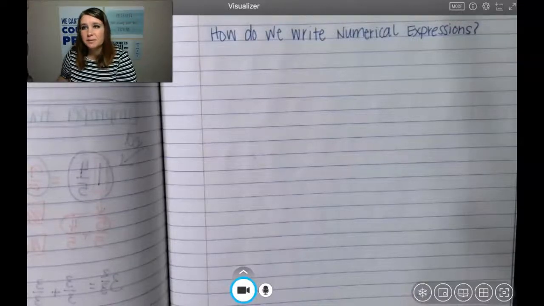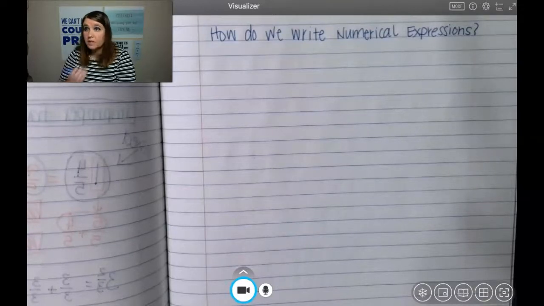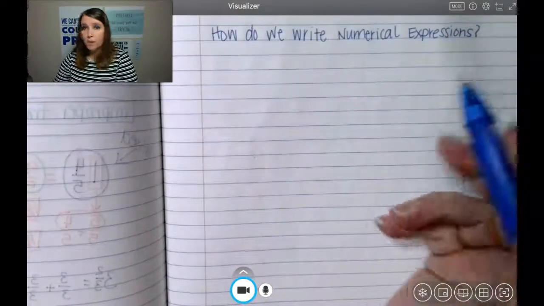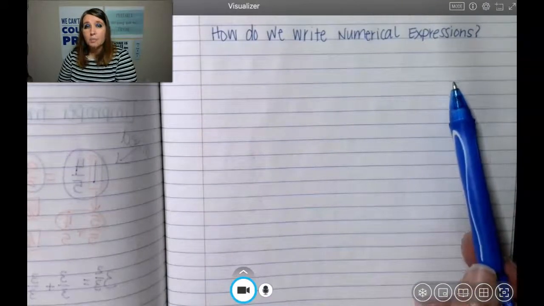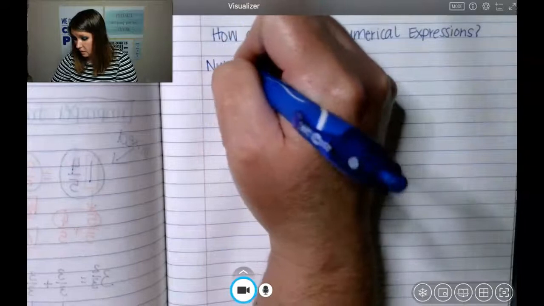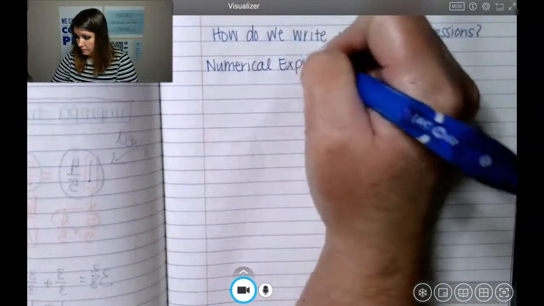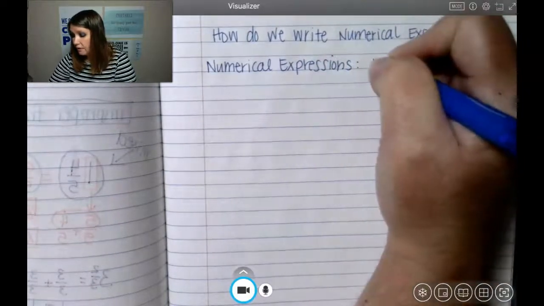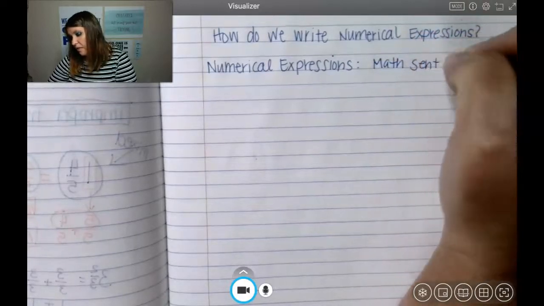Cougars. Today we're going to be learning about how to write numerical expressions. So numerical expressions are math sentences that have just a number and a math operation. So numerical expressions, they are a math sentence, like a math problem